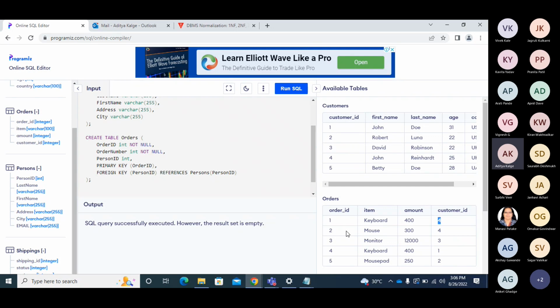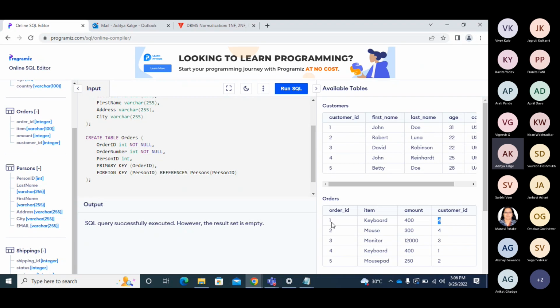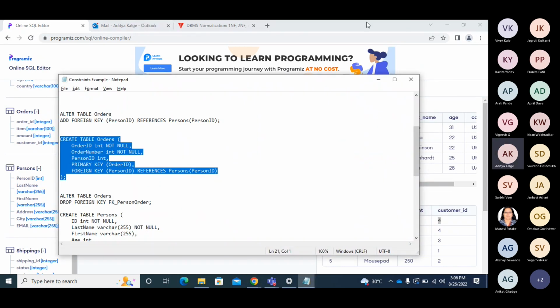But if these two tables were in the same table, meaning the normalization of these database tables was not done, then I would have a single table, customer orders, and that table would have multiple entries for the customers and the orders. So there would be two rows for customer ID 4 because he has two orders. So for normalizing these things, what SQL has